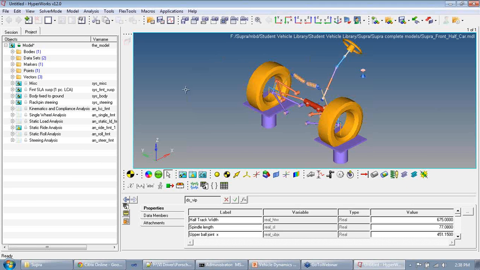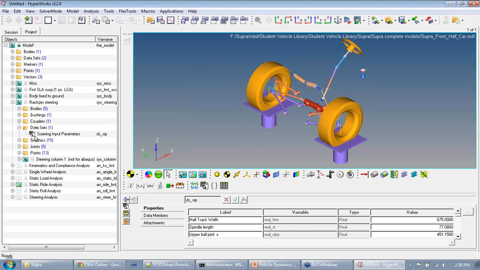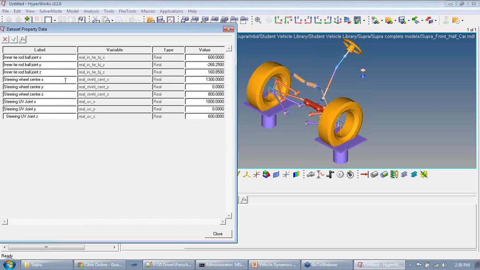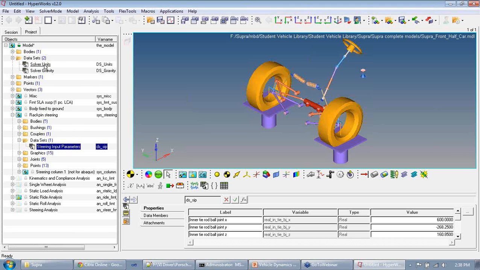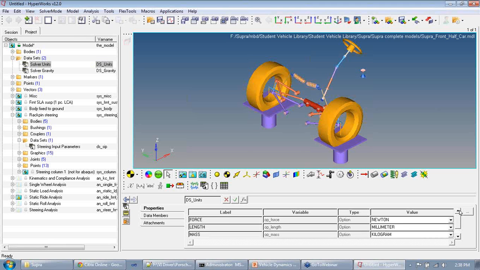So once you have set up a model according to your own preferences, I missed one thing. You can also change similar things about the steering through the steering input parameters dataset, and there are different steering parameters that you can change through the coordinates. Remember that the default unit in MotionView is millimeters for length, and although you can change it by changing the solver units, again it is highly recommended you do not change this